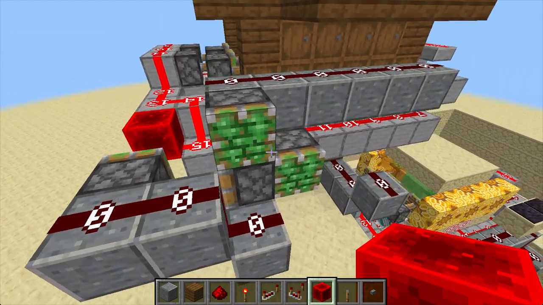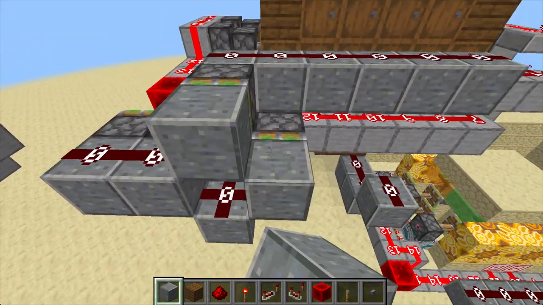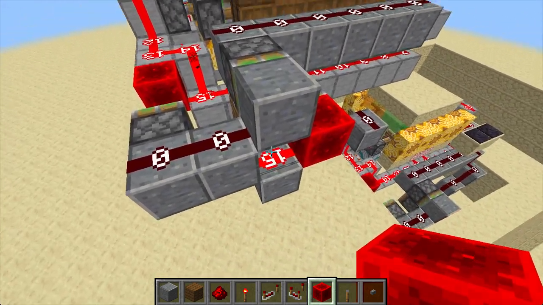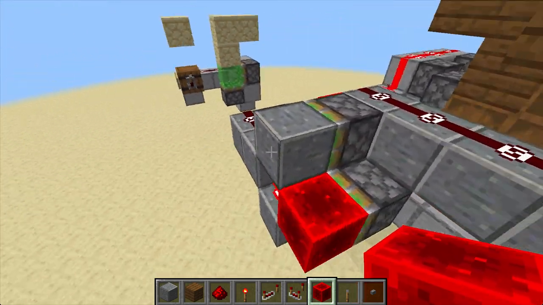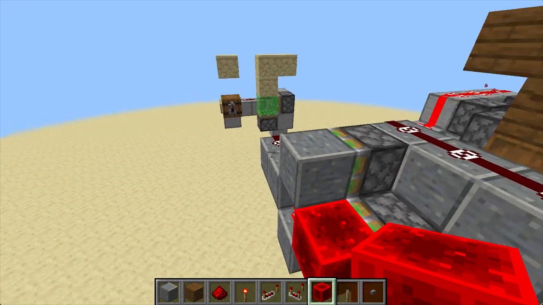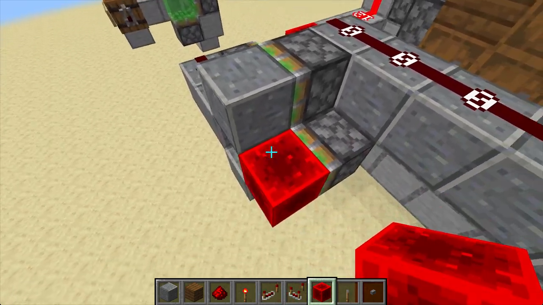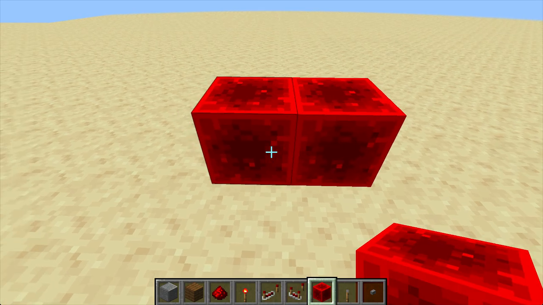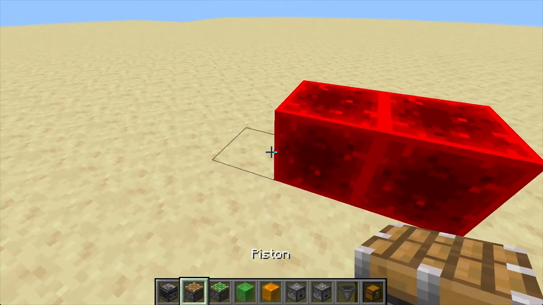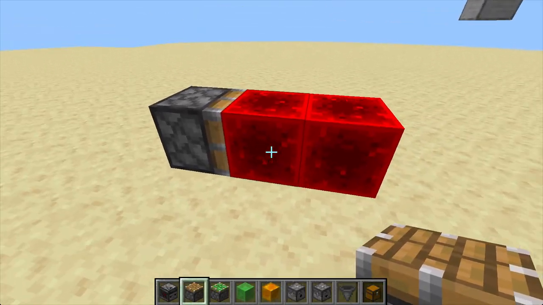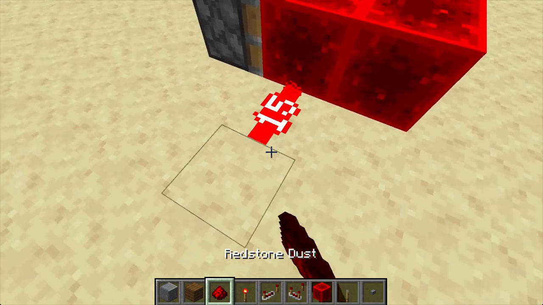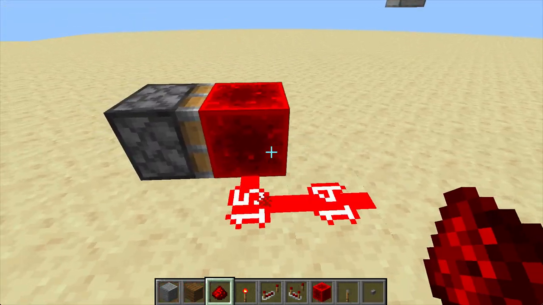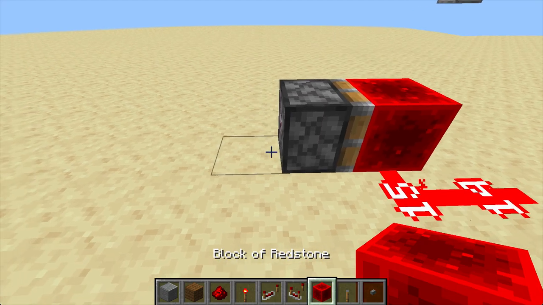And yeah. So one misconception first that I want to get out of the way is that these blocks kind of disappear when they're in transport. Blocks only exist within the block grid. They can't exist between these 2 positions. When a piston pushes a block, like I'll put some dust here, when the piston pushes it,